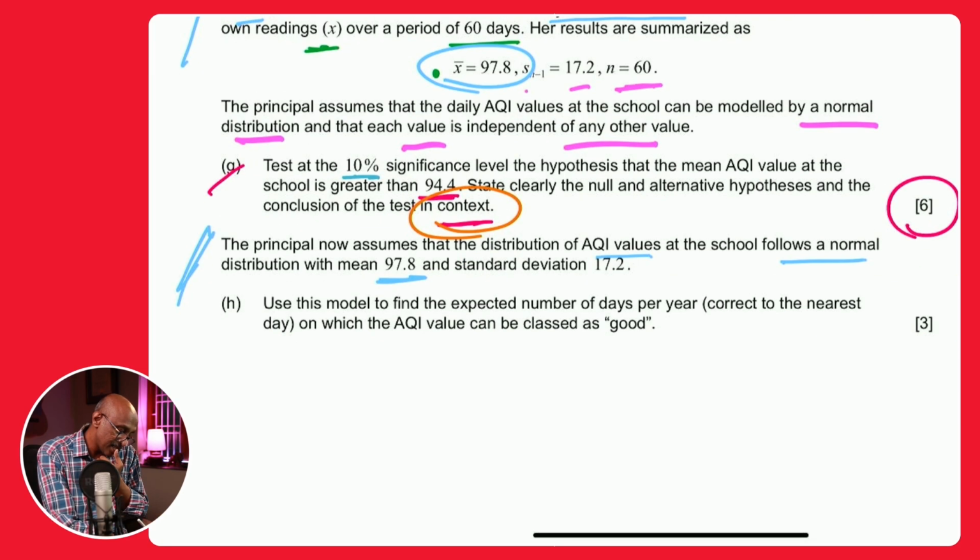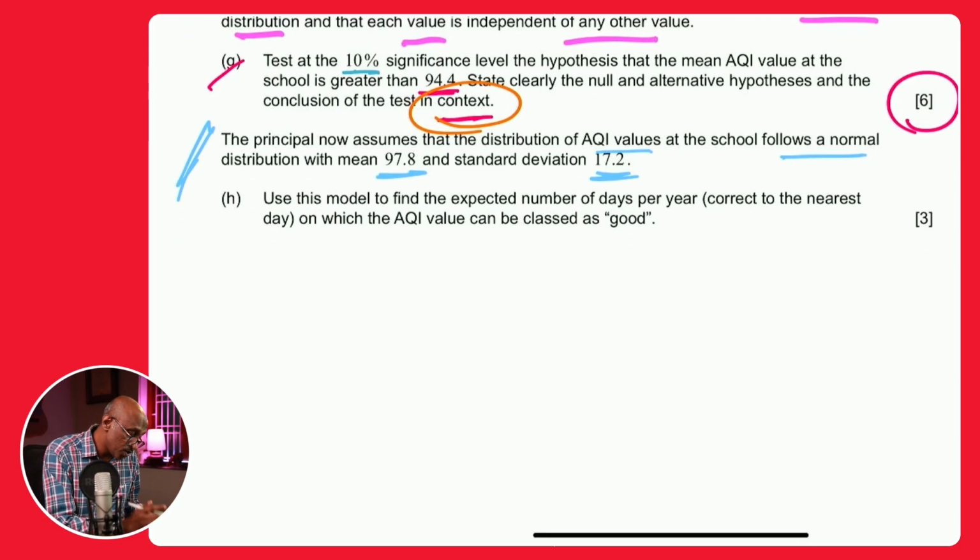And the standard deviation is 70.2. Okay, so she's now assuming that that's like the population mean. So it's following a normal distribution with mu 97.8 and standard deviation 17.2, is what she's saying. Use this model, this normal model,